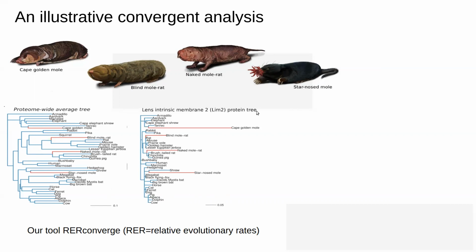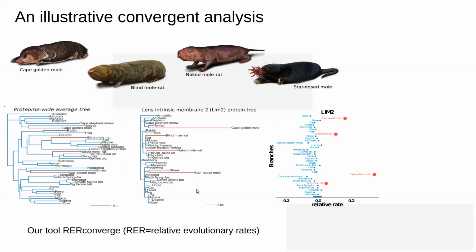In this case, I'm showing the tree for LIM2, which is a lens intrinsic membrane protein. And as you can see, it looks very different from the protein-wide average, and it has this striking pattern of very long branches leading up to our subterranean species. And this, of course, makes sense because this gene is only needed to make the lens, the structure in the eye. And one of the things all these species have in common is that they have highly degenerate eyes, as they don't need them to navigate their environment. We can